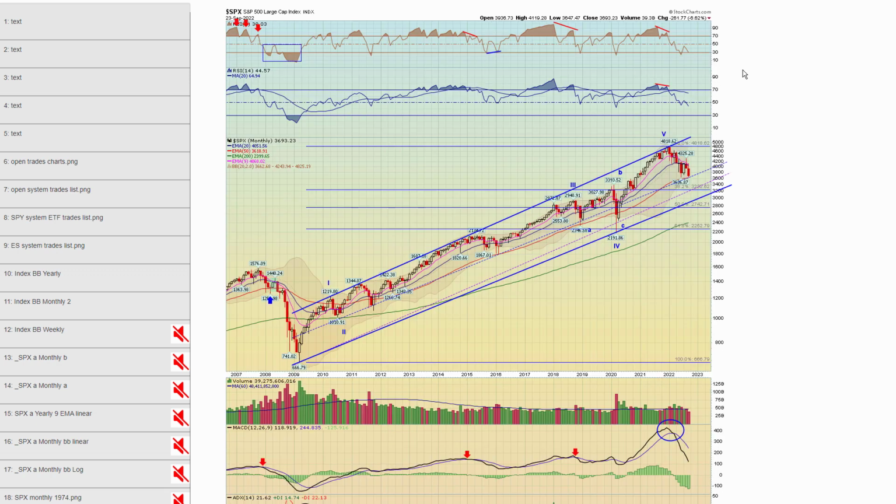Next, let's go ahead and move on to the S&P 500. This is our proxy, which we usually focus on the most. So here's the monthly view of the S&P. And again, guys, back in January, we confirmed the top of that previous bull market and the start of a bear market. This is the chart we showed, this uptrend channel from the 2009 lows. We showed that as the 5th wave high.